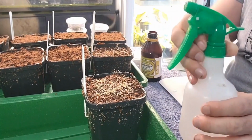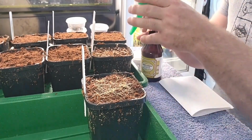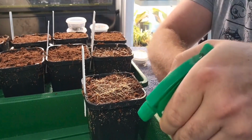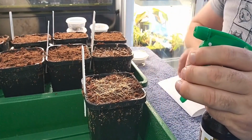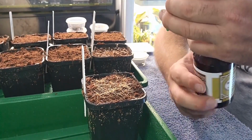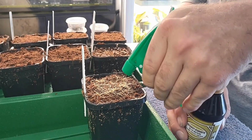If you don't have a greenhouse, I'd probably suggest still using one of these domes, but get yourself a good grow light, or it doesn't have to be a good grow light, even a cheap one. Until I get around to upgrading, these are just going to go under a cheap shop light in my seedling shells in the greenhouse. And the final step I do is just 3% hydrogen peroxide, and just give them a